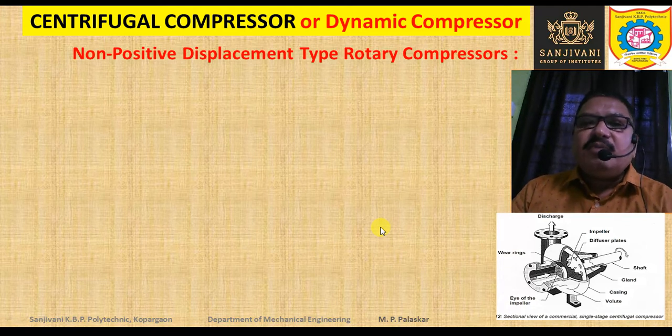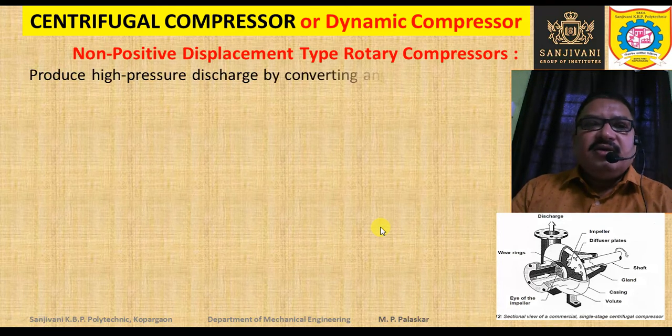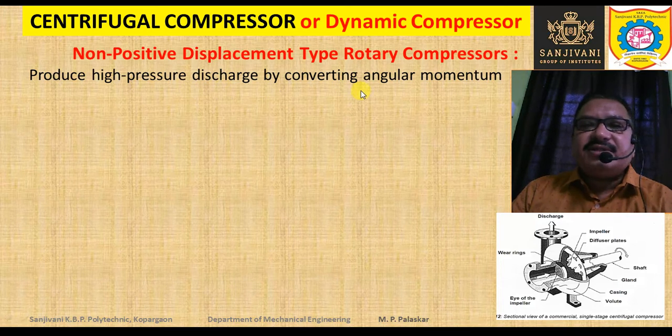The rotor will impart its energy to the air, and thus the kinetic energy of the air will be increased first, and then this kinetic energy is converted into pressure energy. So this centrifugal compressor will produce high pressure discharge by converting angular momentum